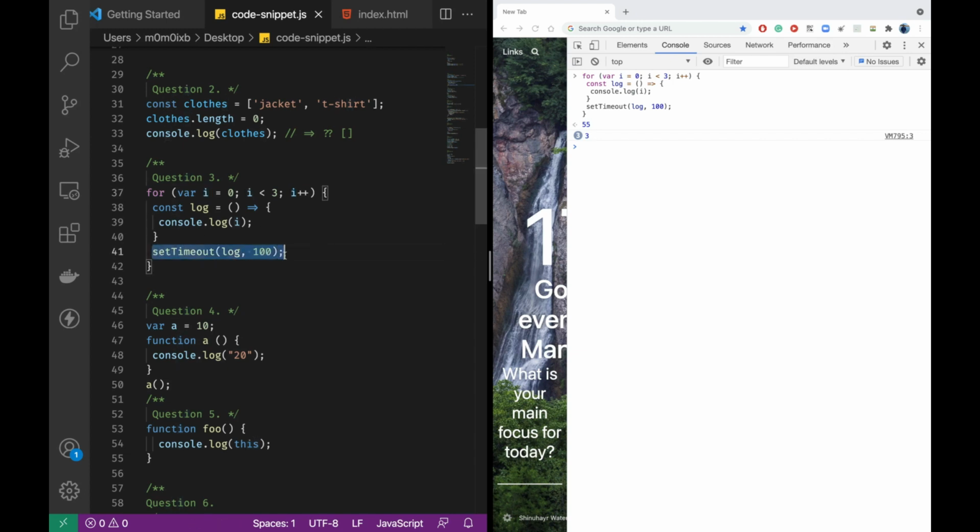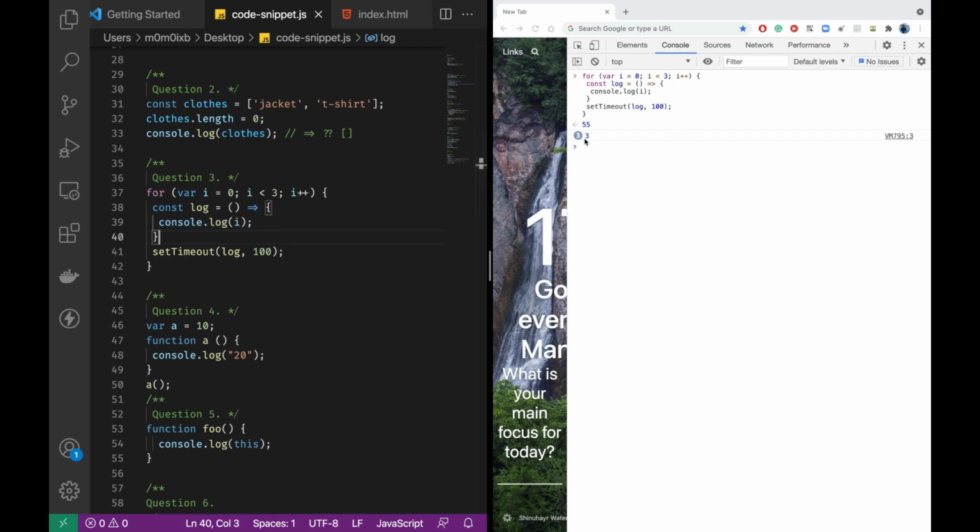Now the timers would have finished as well. They will run this console.log statement, and i is 3 basically. It's not holding the previous values, it's just referring to the same i, the one that has been created globally here. That i is already 3, so if we print i, the value would be 3, and that is why it gives 3 three times.